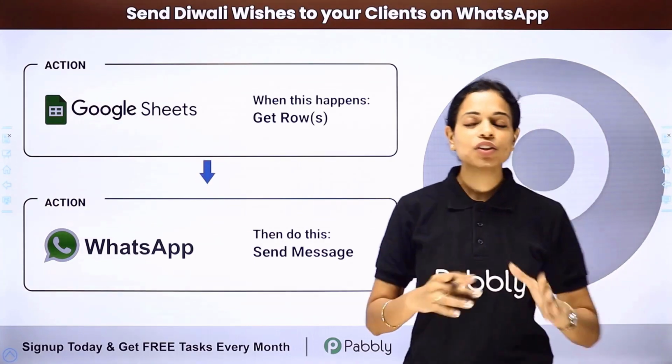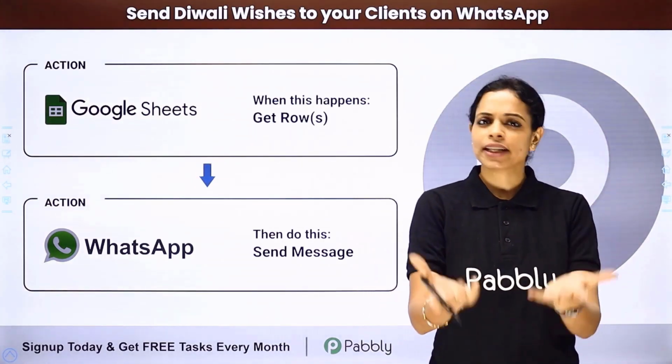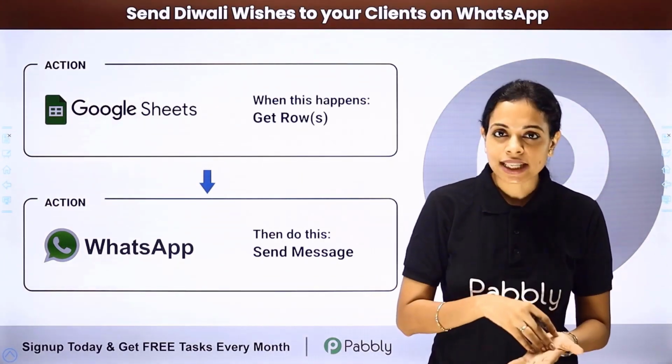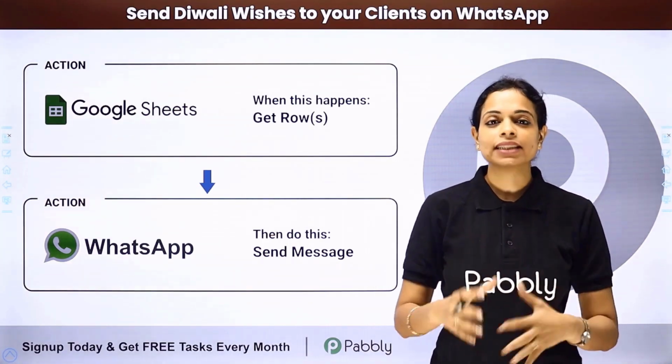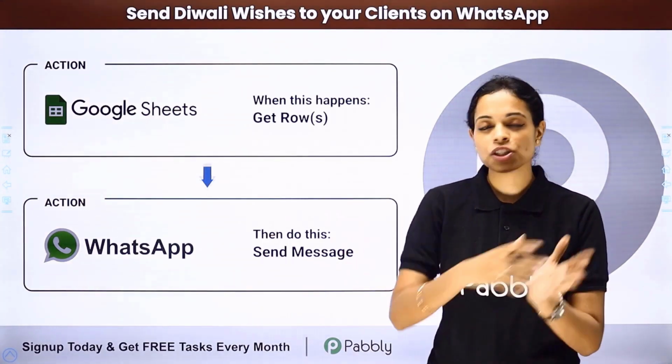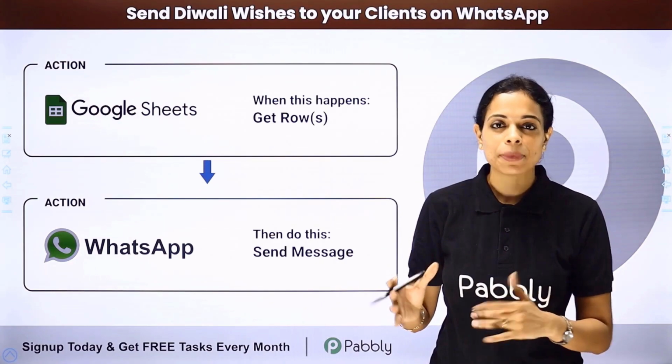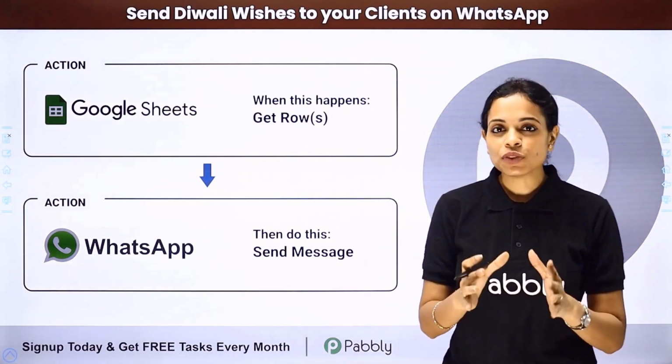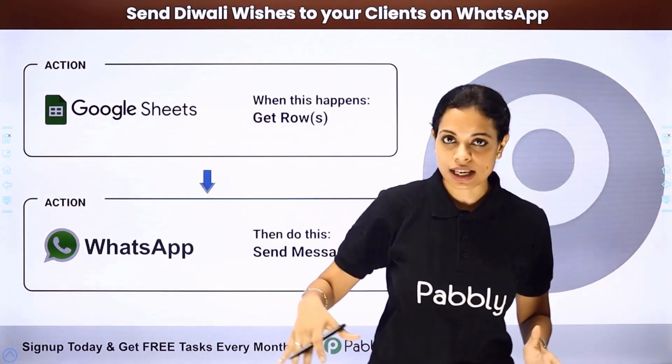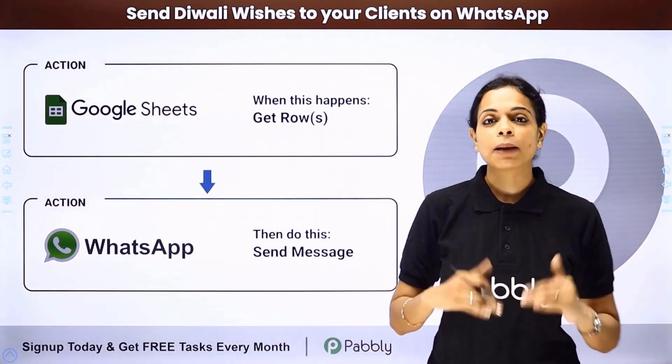So let's say that you have your client database on any spreadsheet like Google Sheet, and on Diwali day at a particular time you wish to send Diwali messages, personalized messages to all your clients on WhatsApp. Now how can you do that? For this you will have to integrate Google Sheets with WhatsApp, and the same can be done using Pabbly Connect